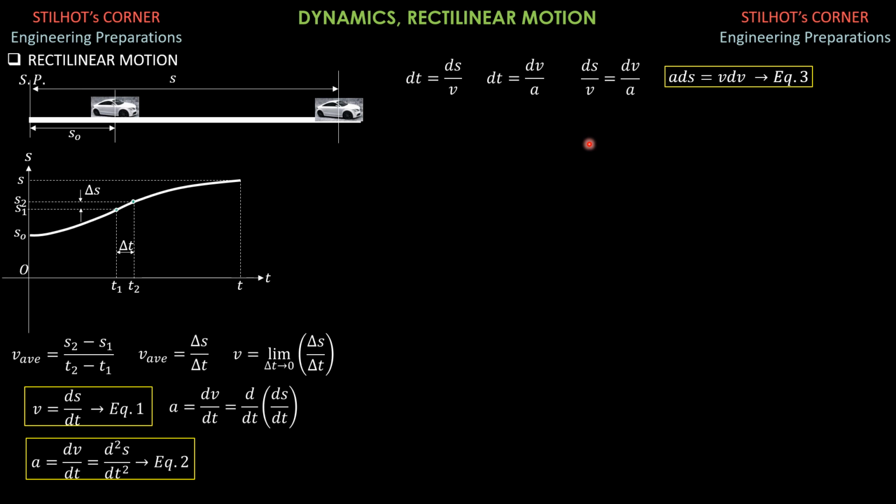Then we consider the situation where the acceleration is constant so that we can derive formulas for rectilinear motion with constant acceleration. So use equations 1, 2, and 3 for situations where the acceleration is changing or not constant. Specifically when the acceleration is constant, we begin with